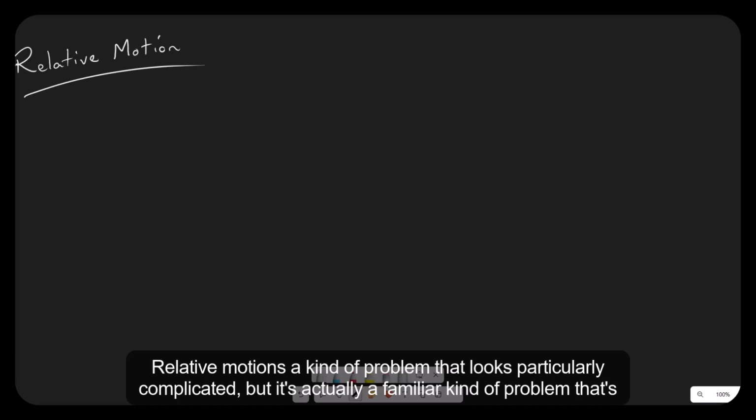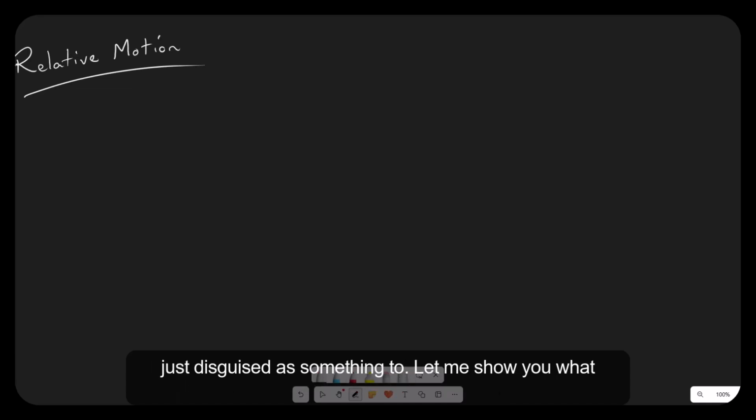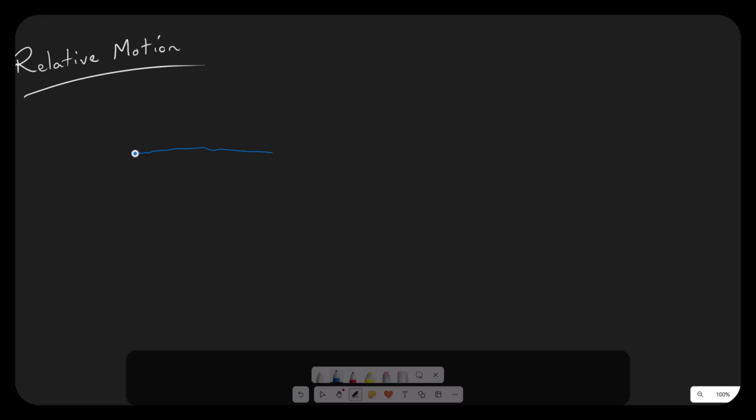Relative motion is a kind of problem that looks particularly complicated and difficult, but it's actually a familiar kind of problem that's just disguised as something tough. Let me show you what I mean. Maybe I'm on a raft in a river. Let's make a river. I'm on a raft in a river,